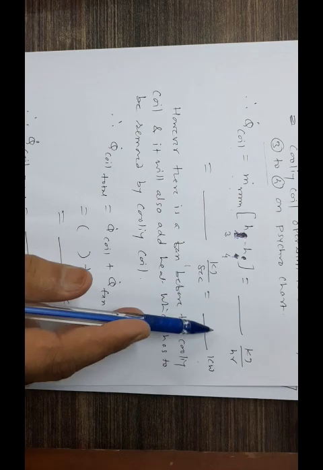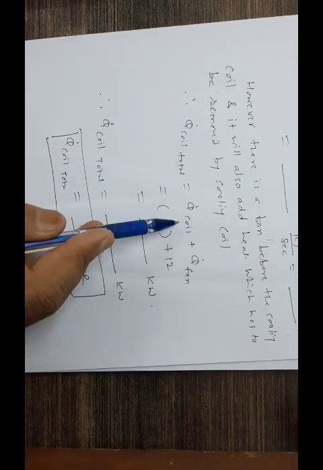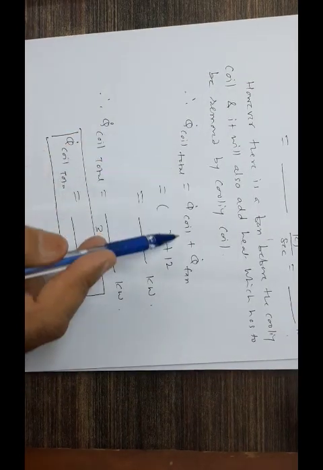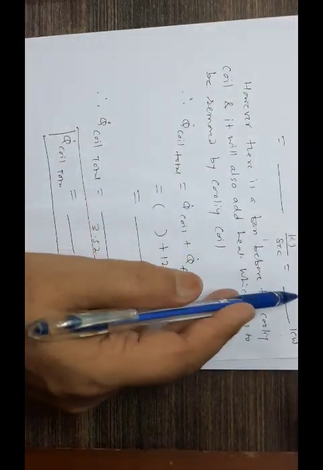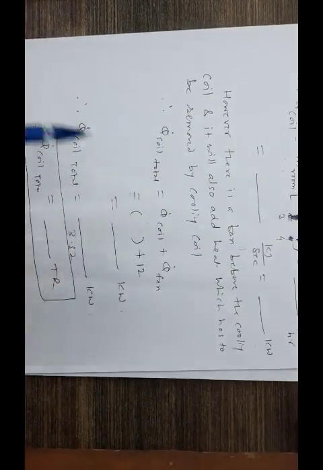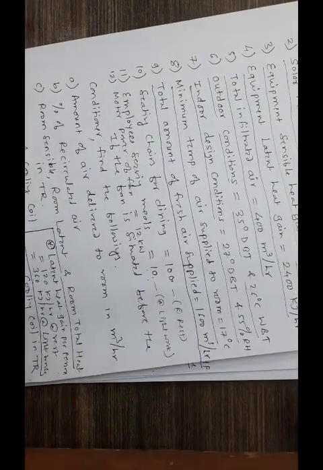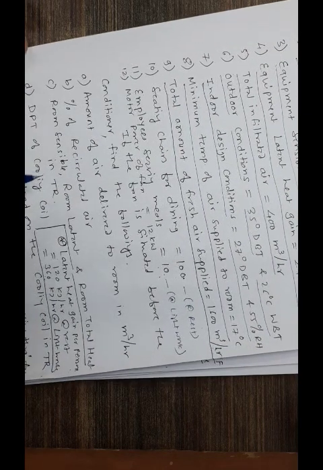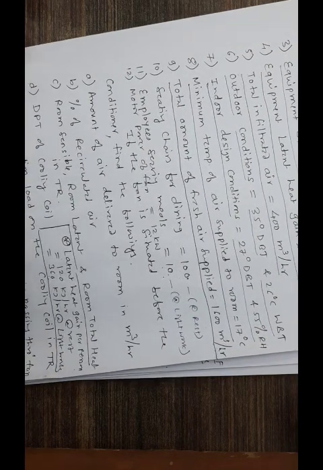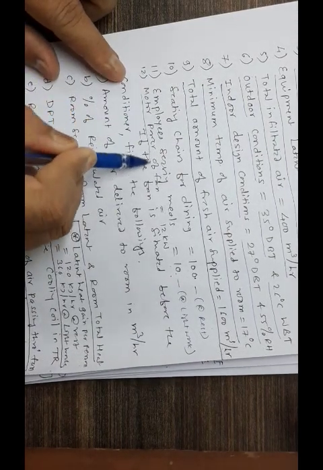So therefore, what you have to do is, you have found the capacity of the cooling coil from your analysis. Total we are finding out now is whatever you have found from here, in terms of kilowatts, and fan is 12 kilowatts. They have given in the problem that you have a fan which is a 12 kilowatt fan somewhere. Where is that? Okay, this is motor power of fan is 12 kilowatts.